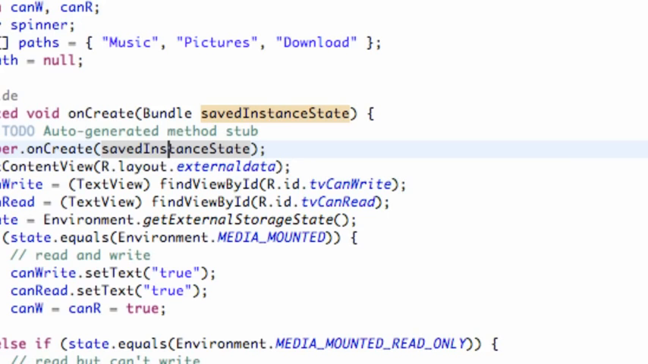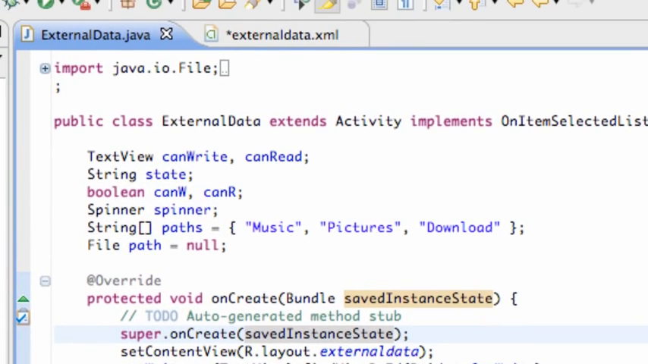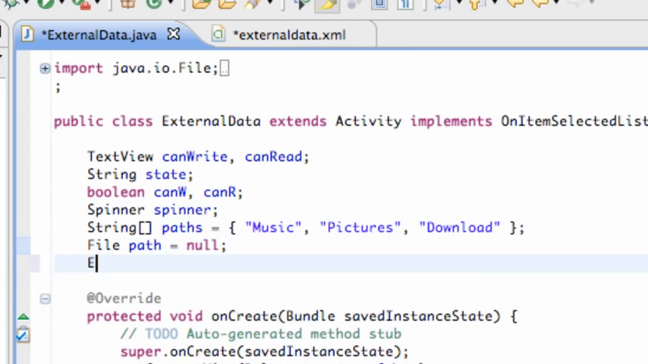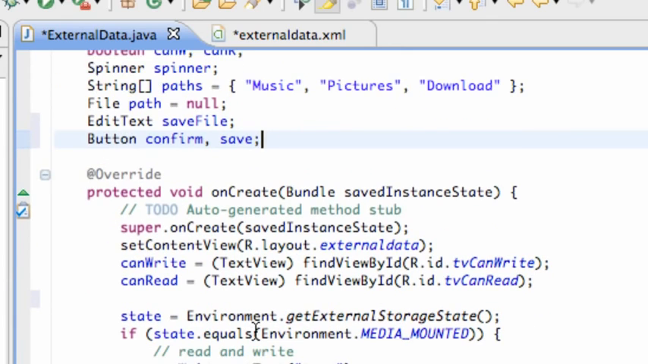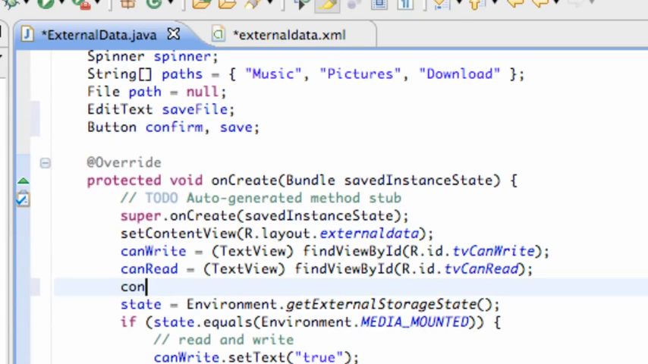So now let's go over to our external data Java file and set up some of those references. Let's make everything accessible here for the whole class. We have our edit text, and we're going to have this save file, 2 buttons, confirm and save. Just import both of those, and let's set up our references now. Our confirm